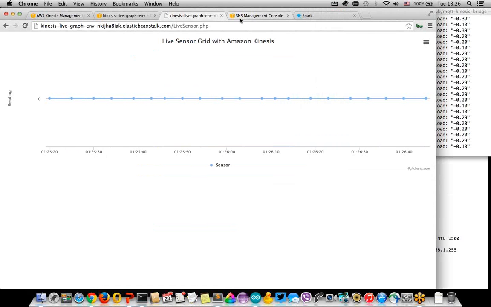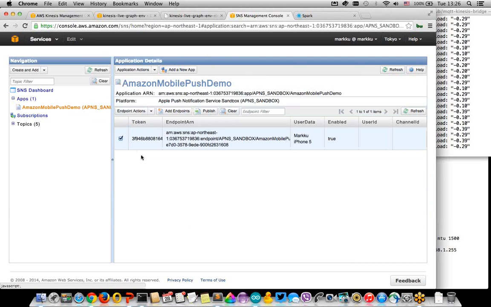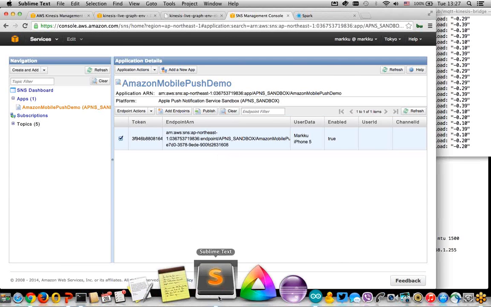Now, how did I get the alarms? The notification to my phone was quite simple. I used the Amazon SNS, the Simple Notification Service. You can see here that I have one application registered in the Tokyo region, the Amazon Mobile Push Demo, and there's one endpoint, which is my iPhone. So this is the console of Amazon SNS, but how do I actually call it? Well,